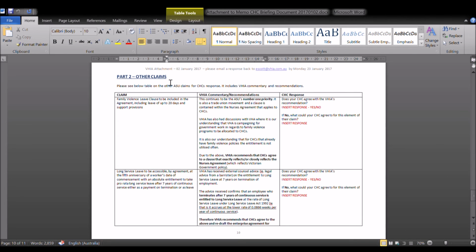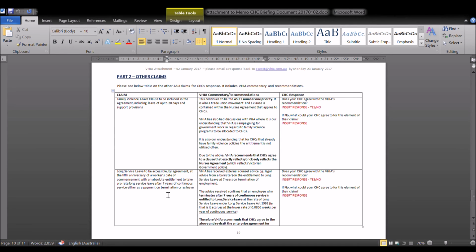Part 2 of the briefing note outlines the other claims that the ASU is still seeking. There are only 3 claims in the order of priority that the ASU is wanting to progress from the 32 standard claims that they have previously put on a number of community health centres. The reason it is so reduced is that they are wanting to pragmatically progress the bargaining. What we've done here is we've identified the claim